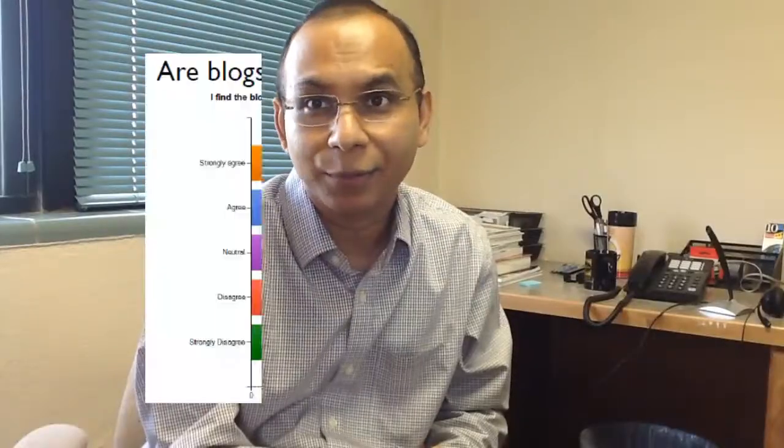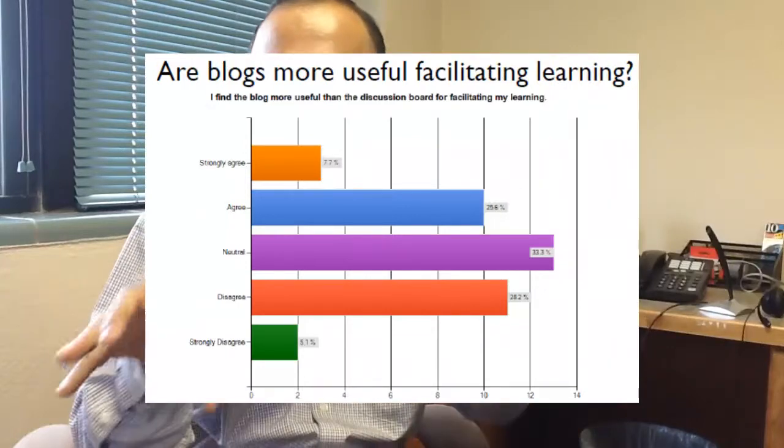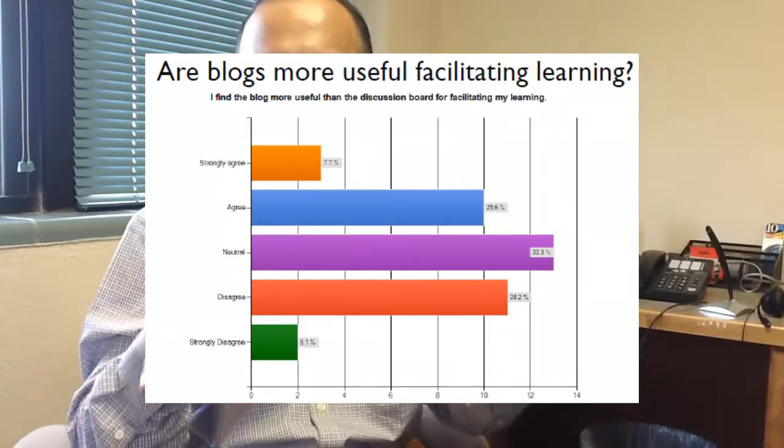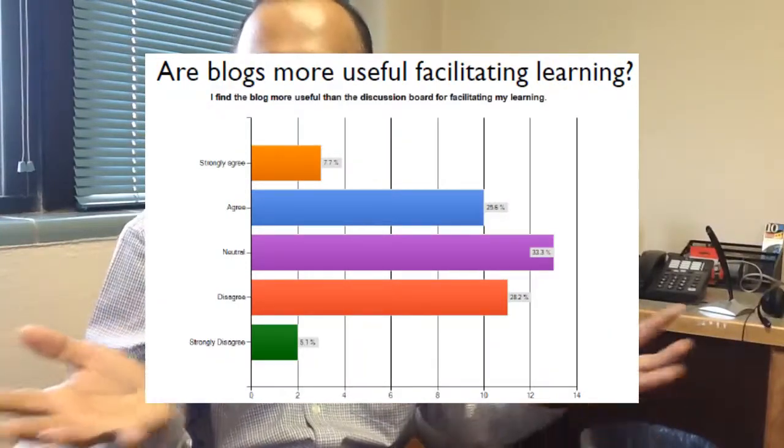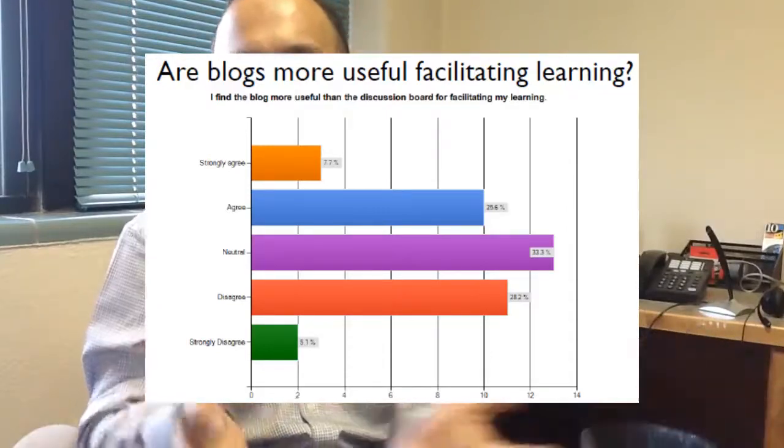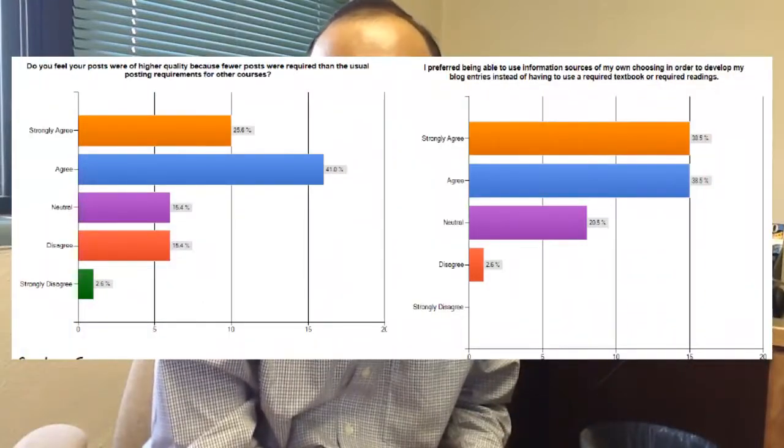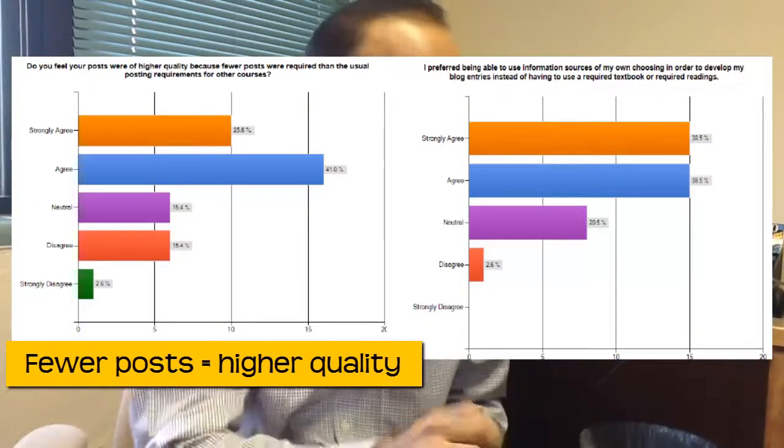I have found this approach more useful, not because it is a blog interface. It's not the solution. The solution is that I made changes in my instructional strategy. So what we found, surprisingly, students were divided 50-50 in terms of format, whether they would like to use discussion forum or they would like to use blog interface. But the instructional strategy had most impact on their engagement in that course.